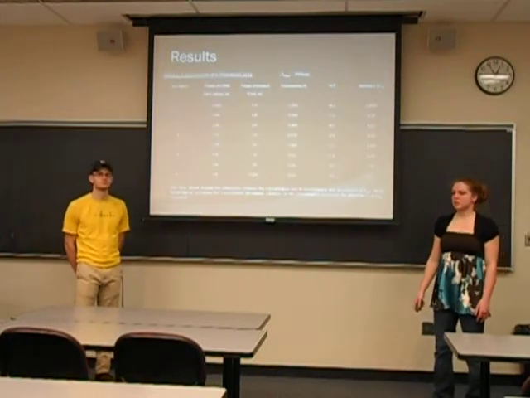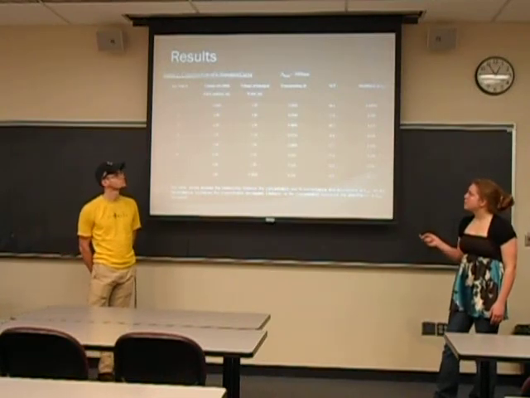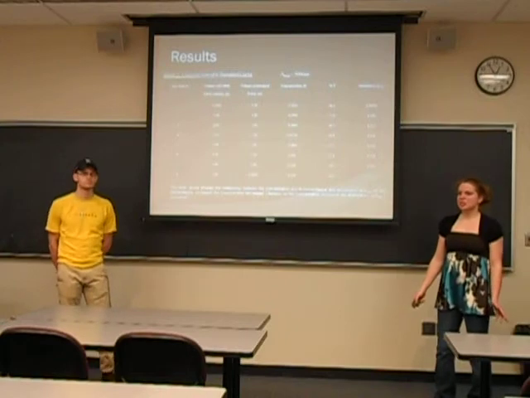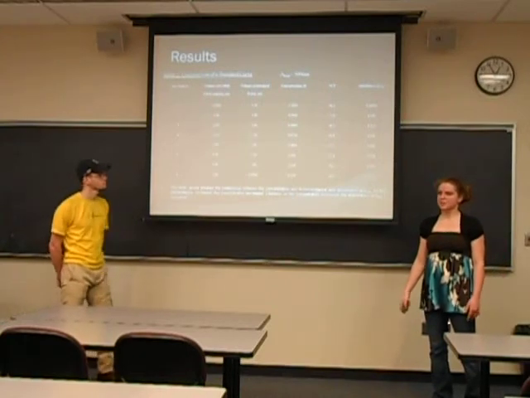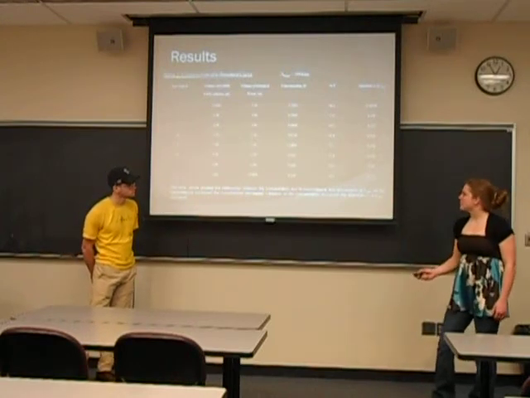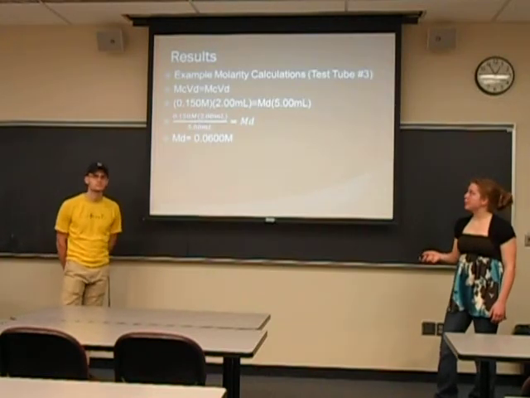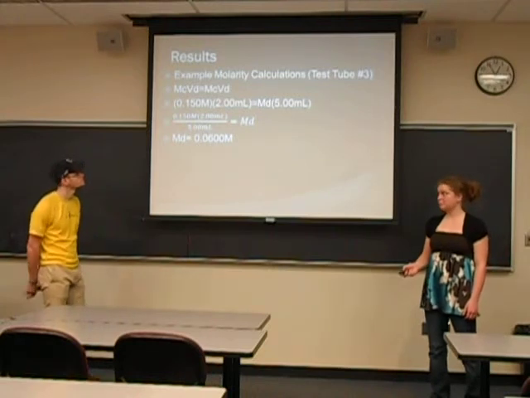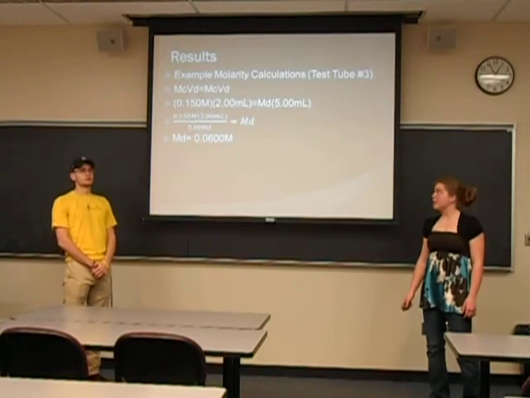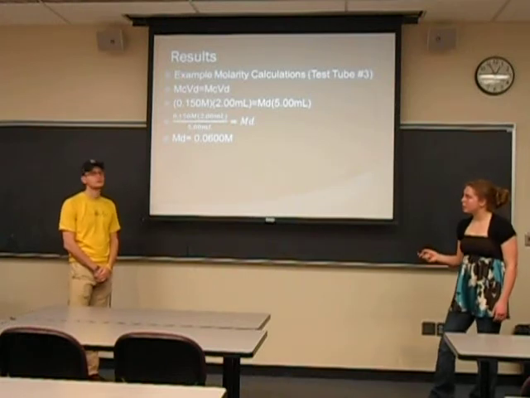Table 2 is the construction of the standard curve graph, and it shows the molarity concentration, which is also directly and indirectly related to percent transmittance and absorbance. As the concentration increases, the absorbance at lambda max also increases, but as the concentration increases, the percent transmittance decreases. An example molarity calculation was done for test tube 3, and it uses MC VC equals MD VD. We use the calculation algebraically, and we end up with a molarity concentration of 0.0600